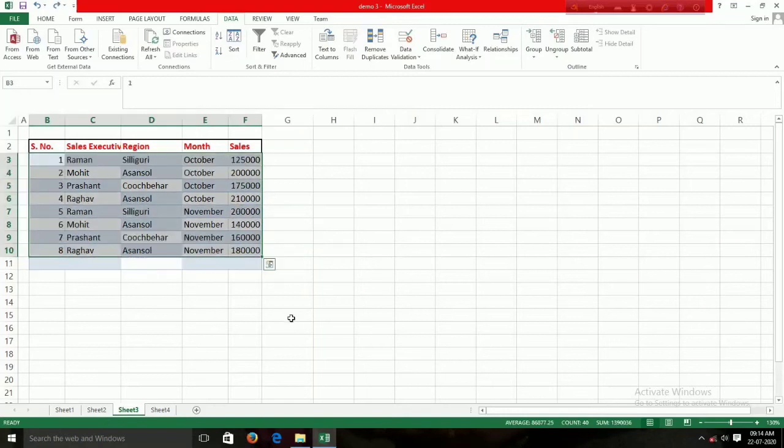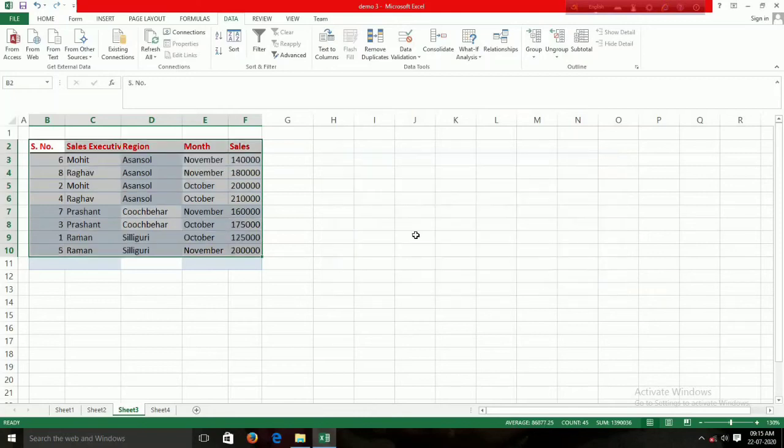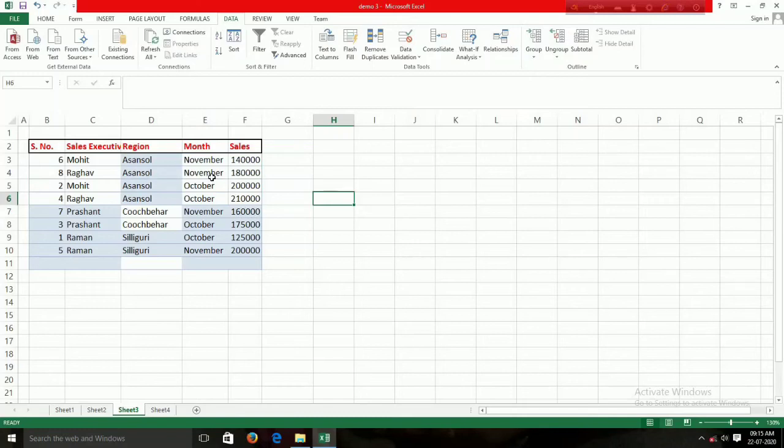Again I will give you one more example of sorting. Now click on Sort, which is under the Sort and Filter group, after selecting the table. Now you can see I will select the region, and I can change the values according to any color or anything I want. Then I will select the cell values, because it will be easier. Now you can see smallest to largest. I want the least and the highest values, which I will see region wise. The first criterion was the region and the second criterion was the sales.